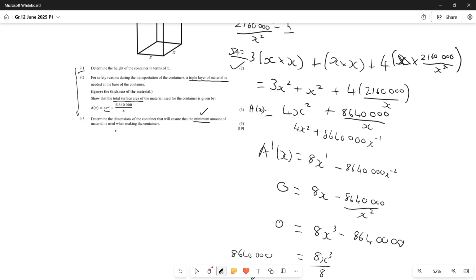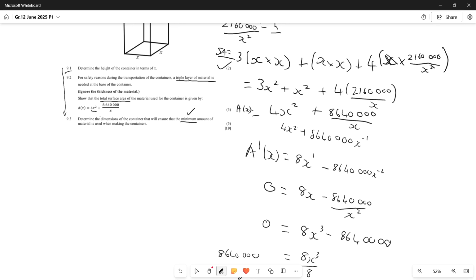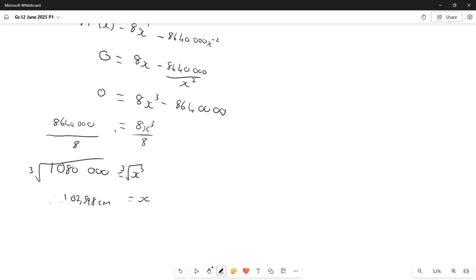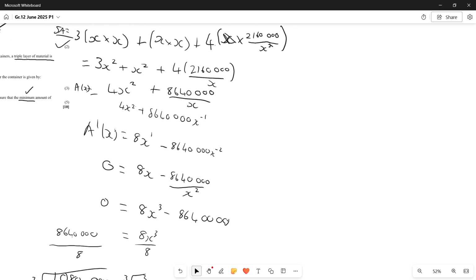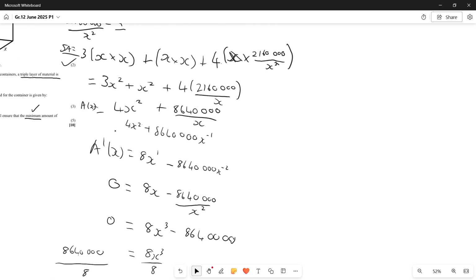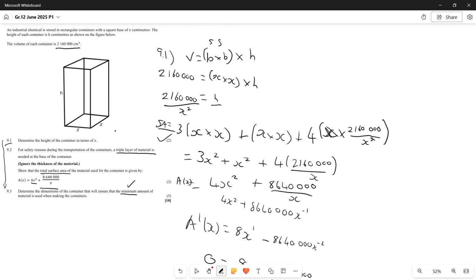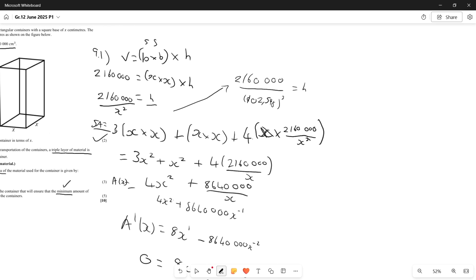Because they asked the dimensions of the containers. So dimensions meaning the x value and the h value of the container that will ensure the minimum amount of material is used when making the containers. At this stage, we just have to go ahead and sub our x value, 102.598, back into our h over here that we calculated in the previous question, our h being this guy all the way up here. And then we just have to plug this value back in there to get h. So we have 2,160,000 over 102.598 squared equals h. And we can go ahead and we can solve for this, which gives us